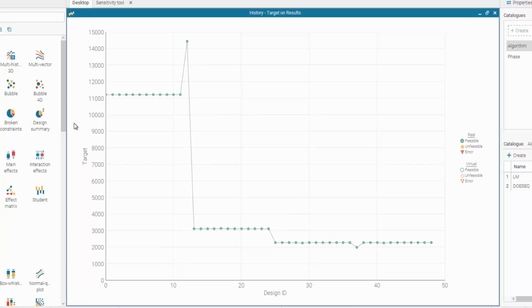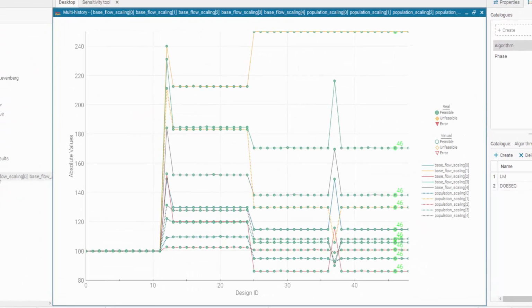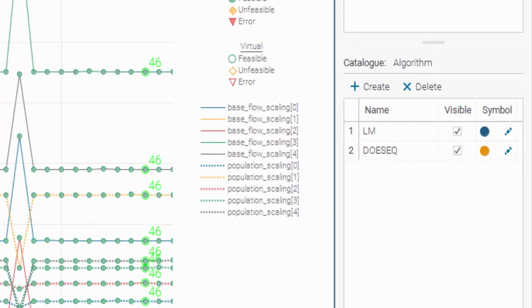So here's just a very simple example where you can see that the error value has been minimizing and has got down to a certain level, and we can see that that error is somewhat flatlining, and we're not able to push any further or any lower than those values. And if we get to that area, it can be really helpful to see, well, what's going on with the inputs. So we can plot, as I have here, some multi-history charts of all the base flow and population values